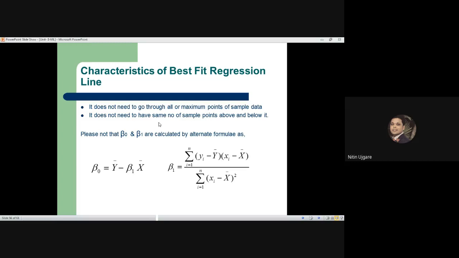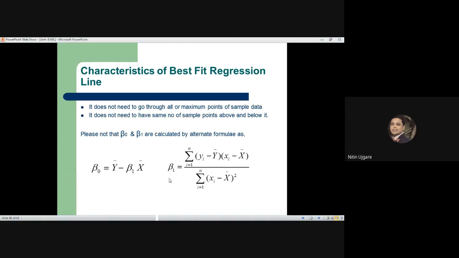So these are some formulas given to calculate the model's parameters. The first model parameter, beta 0, is the intercept on the y-axis in our two-dimensional plane. It is calculated as the centroid of y minus the model parameter beta 1 into x bar, where x bar is the centroid of the x values. To calculate the model parameter beta 0, this equation indicates that we first need to compute the other model parameter, that is beta 1.